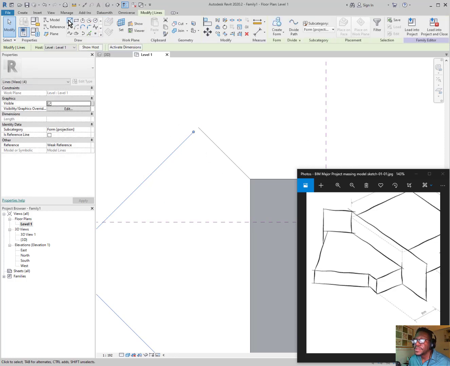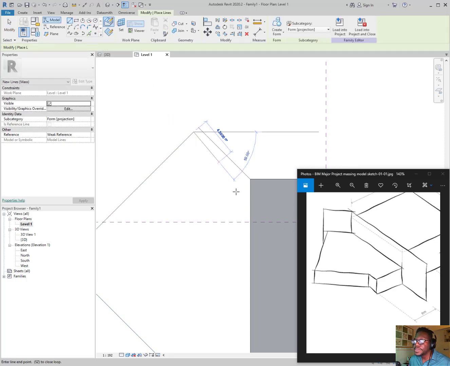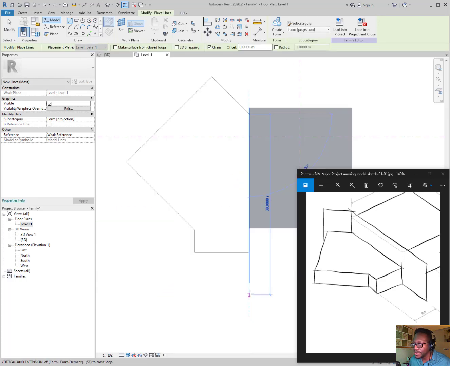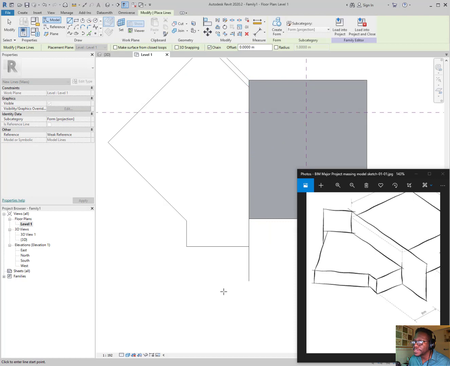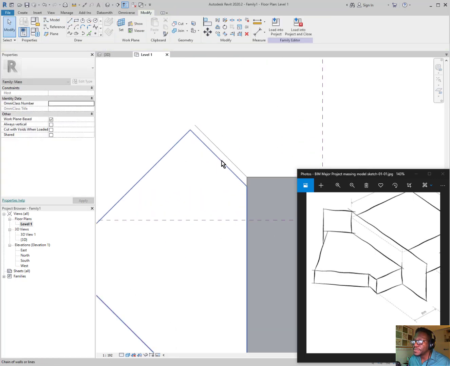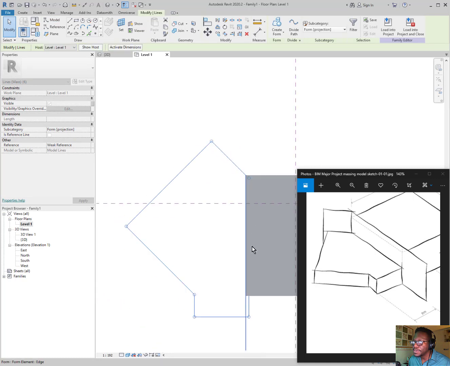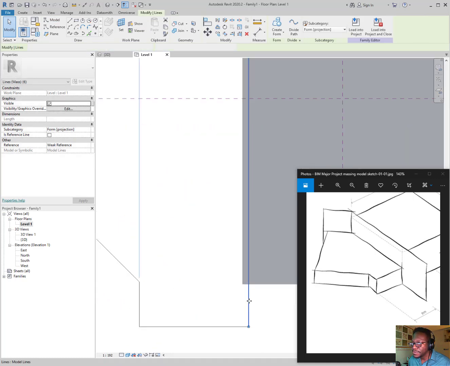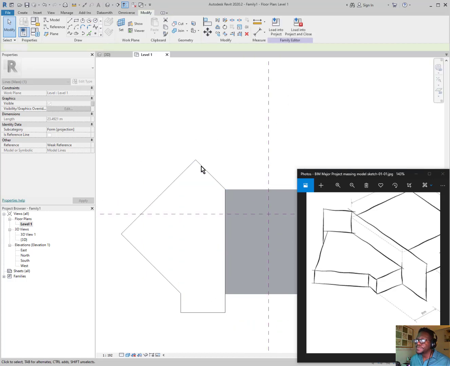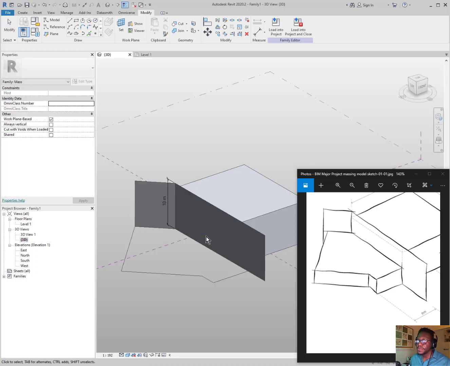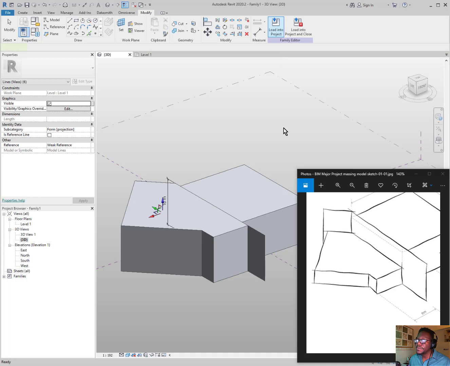And what we're going to do here is I'm just going to draw a line here and close off this shape like that. Then I'm going to move this line back to hit that point there. I'm going to pull this forward to hit that point there. All right. So if I go back to my 3D view, and then what we can do is create form,